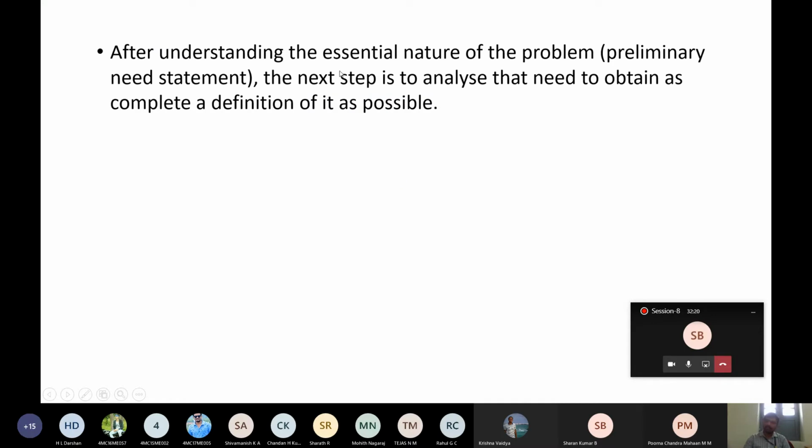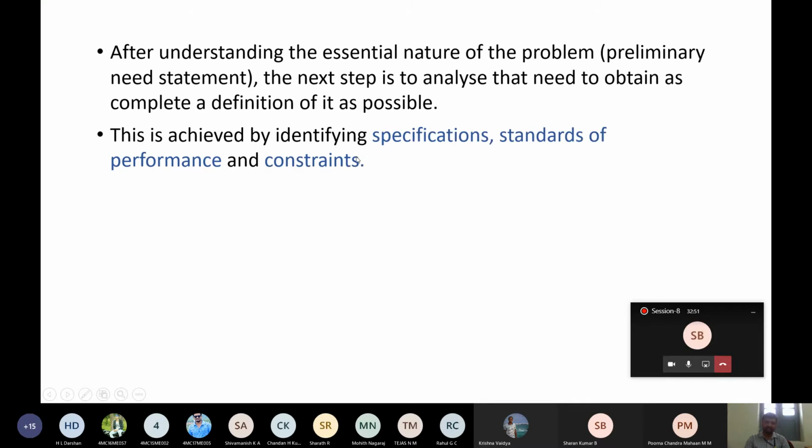Okay, after understanding the essential nature of the problem, that is, this essential nature of the problem is defined by the preliminary need statement. If you have understood the essential nature of the problem, then you can go for writing the need statement or problem statement. Okay, the next step is to analyze that need to obtain as complete a definition of it as possible